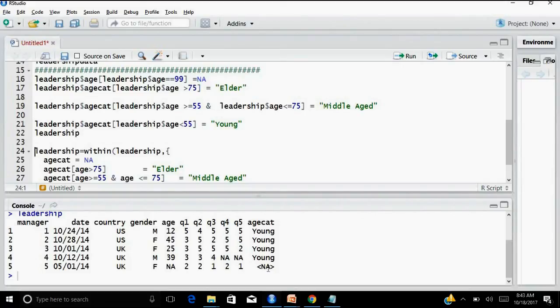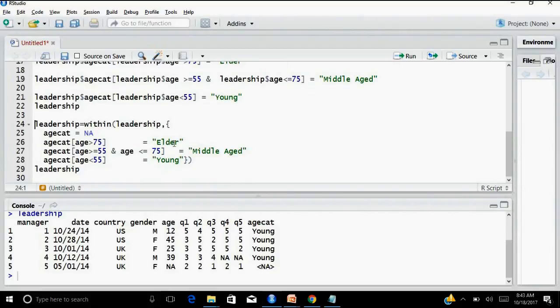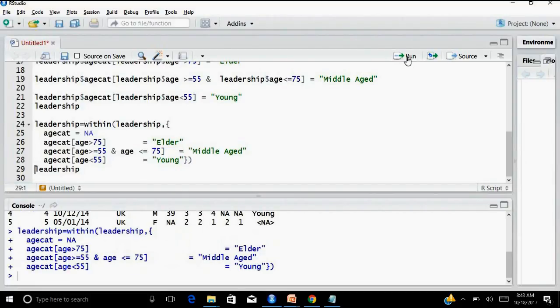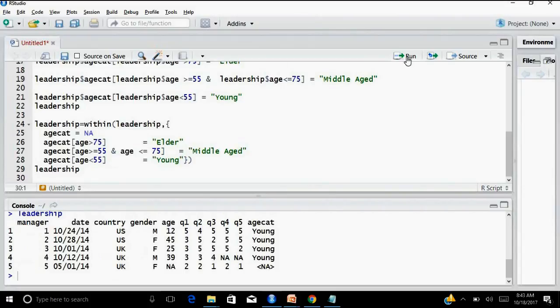If I had got this 99, this would have been elder. Now let's condense and use the compact coding. In the compact coding, this entire code could be written this way, and once you run it, you can see the file. Now these are the ages, and this is the new age category.